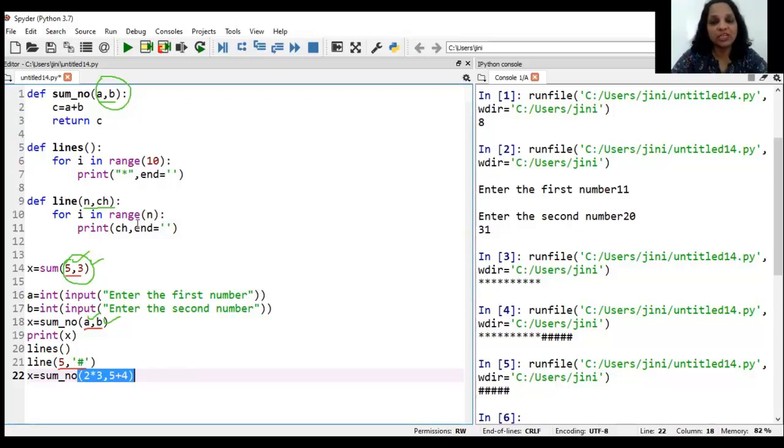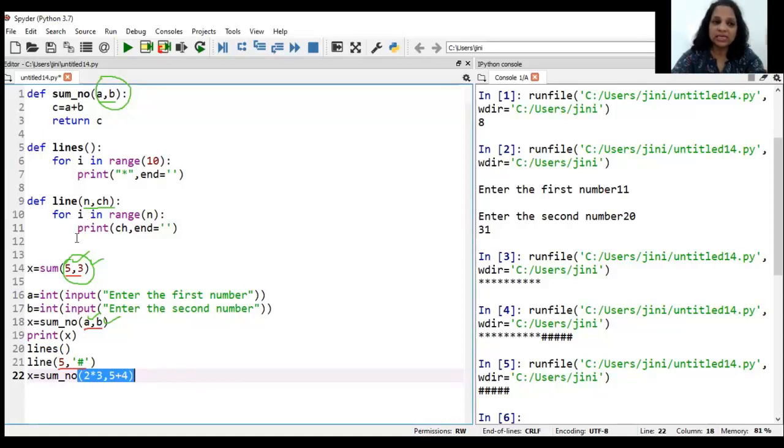So in the examination, when they ask you the difference between actual and formal parameters: first point, parameters that you write when you call a function, or parameters that you write in the function call, are actual parameters. Parameters that you write in the function header while defining a function are called formal parameters.